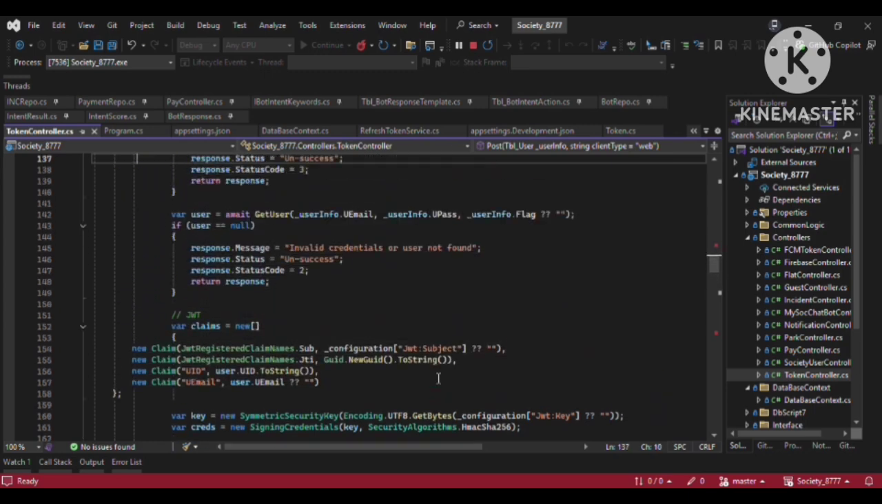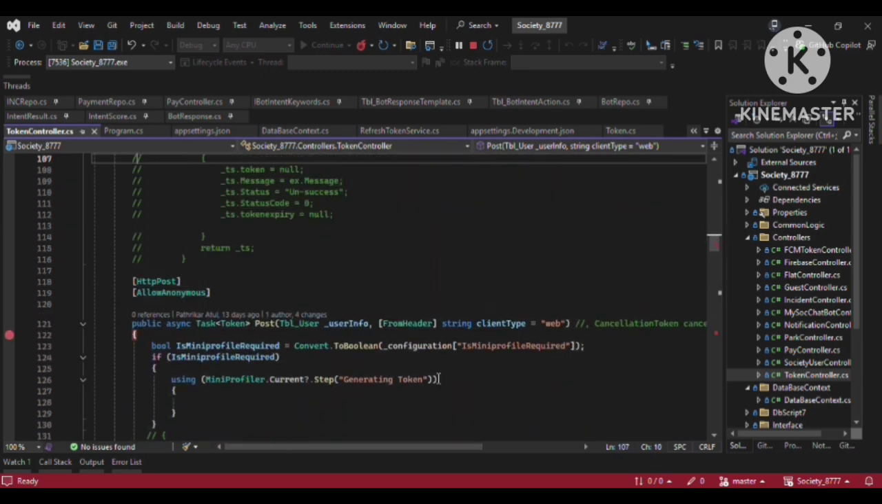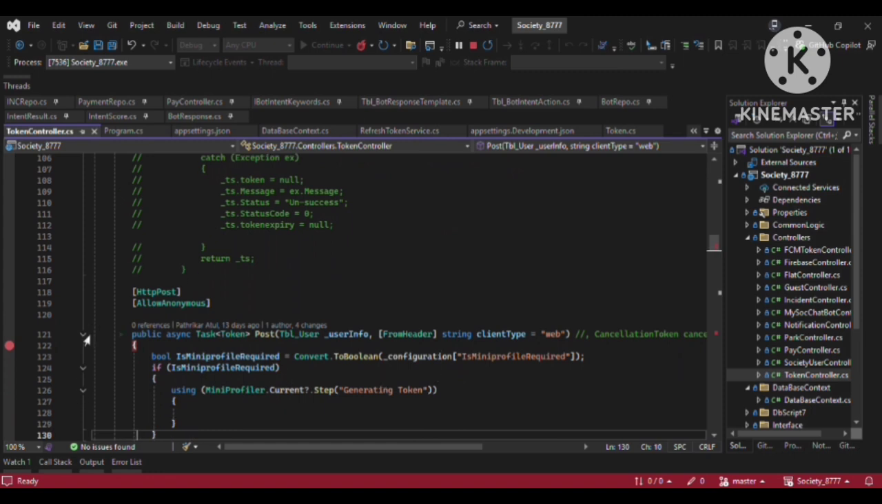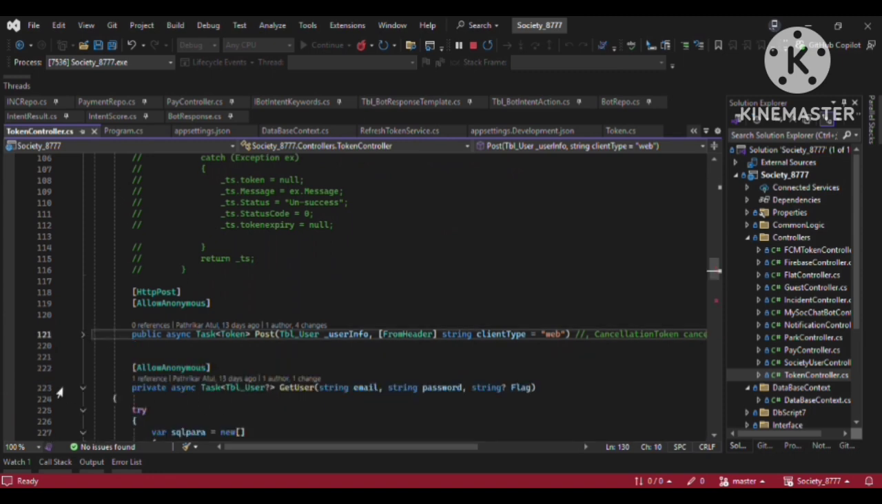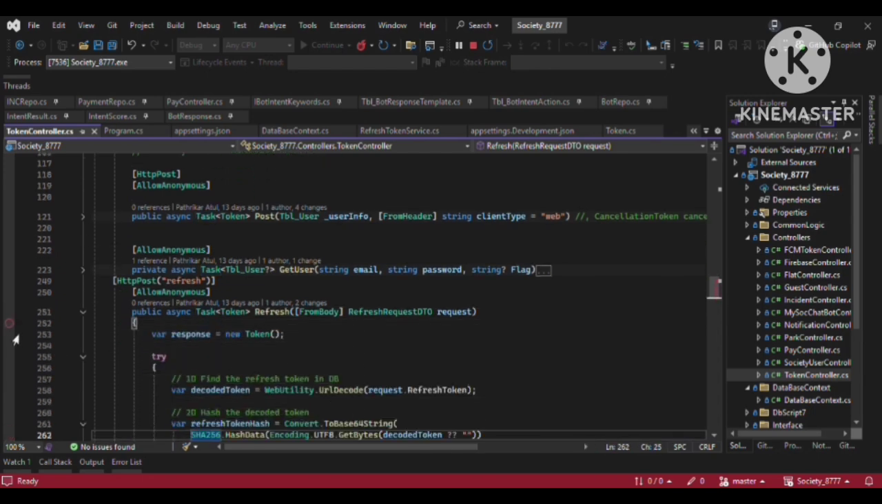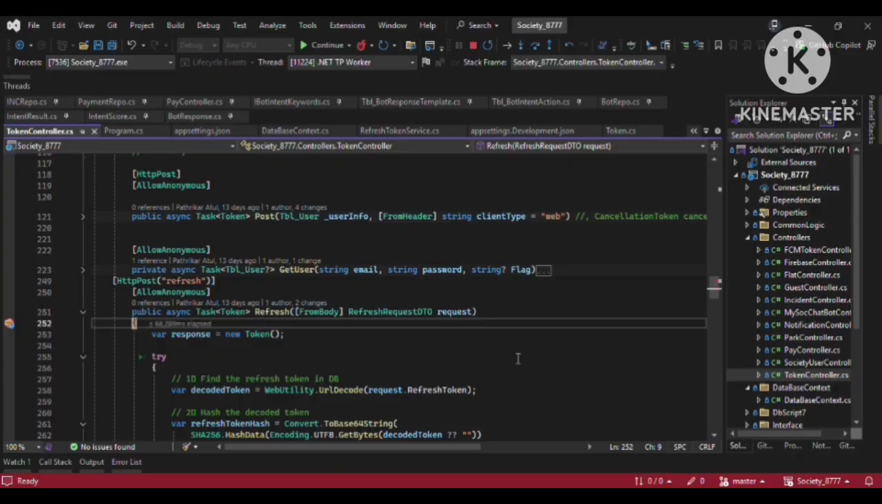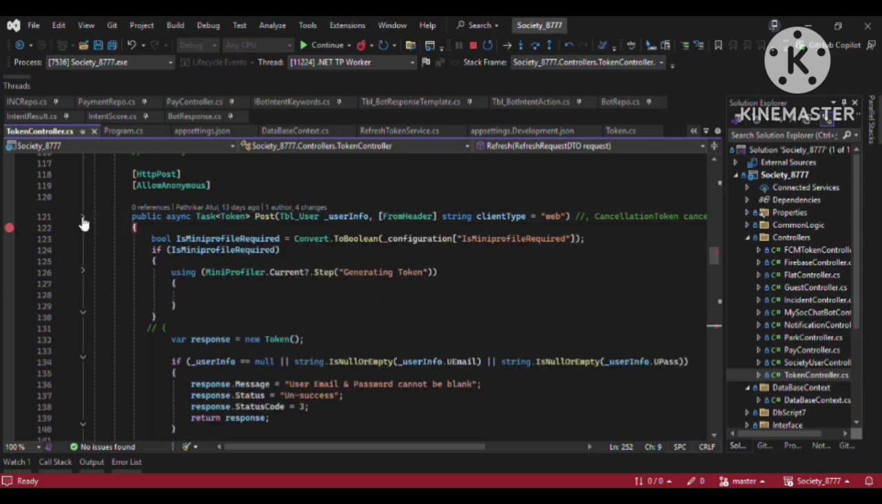I think I forgot to put a breakpoint here for post. Breakpoint is there for post. Okay, I'm going to execute this one more time. So here you can see. Okay, one more thing. For this token generation,